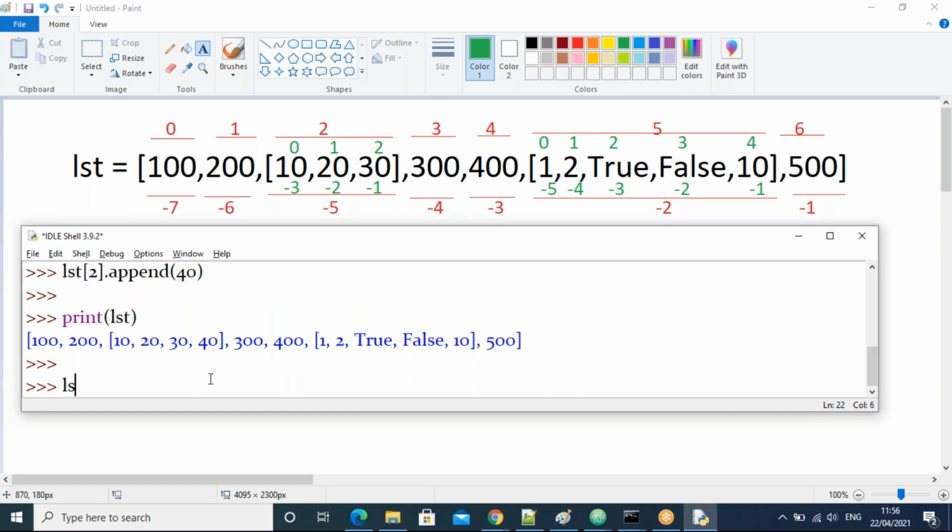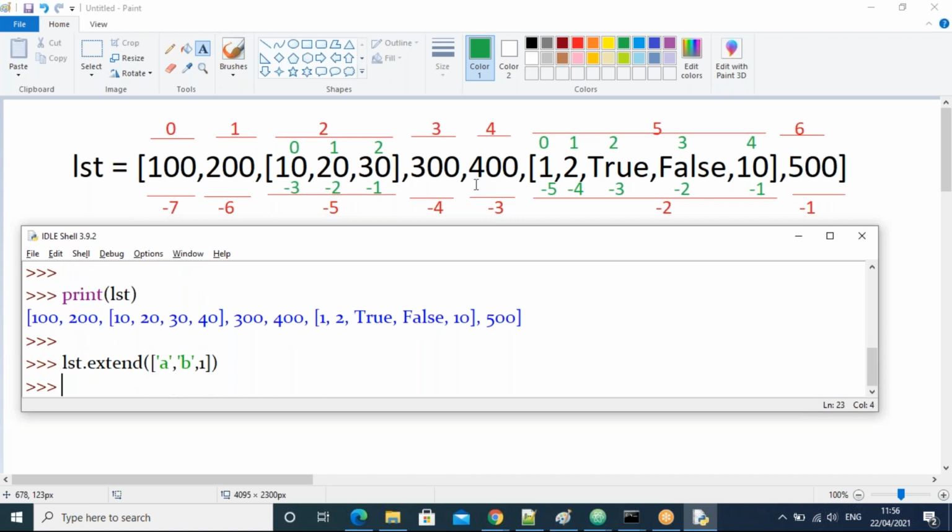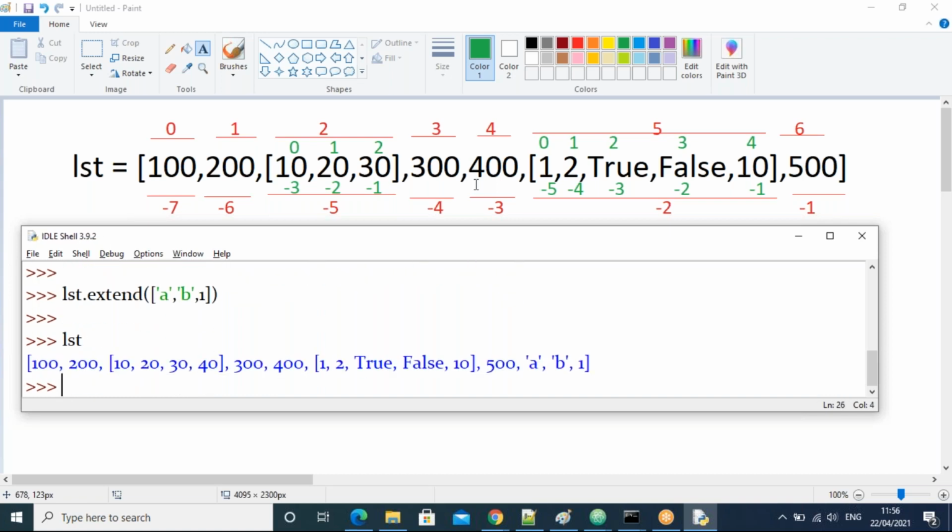LST dot extend of, and now we'll take here a, then B, then 1, then I click enter. Now check it. What is the LST? Yes. Now all can observe here. That's fine.